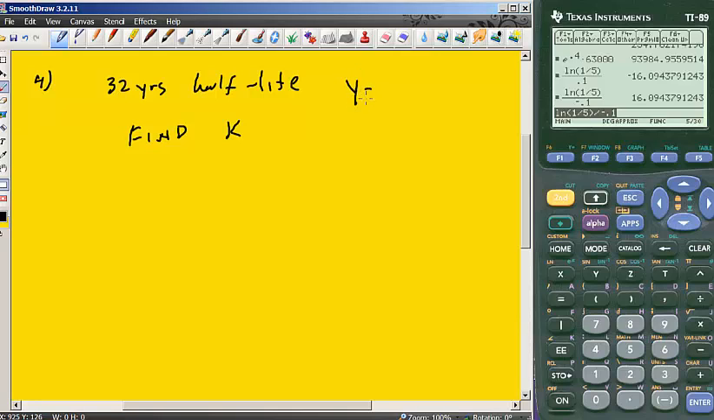So y is equal to C e^(kt). Instead of Pert, this is the same as Pert, A is equal to P e^(rt). All right, let's plug in everything that we know. We don't know how much we started with, so we'll just call that C, and then e, and we're trying to find